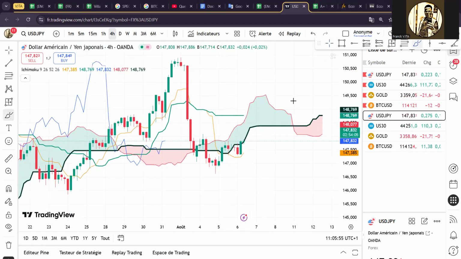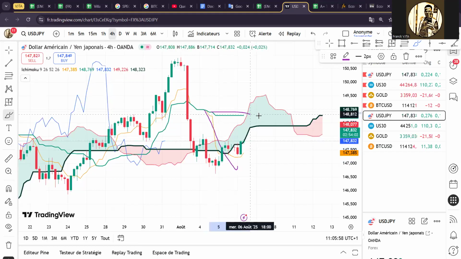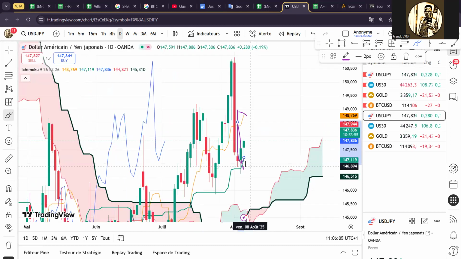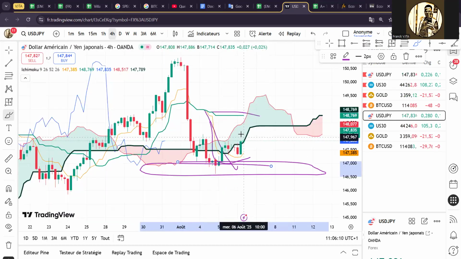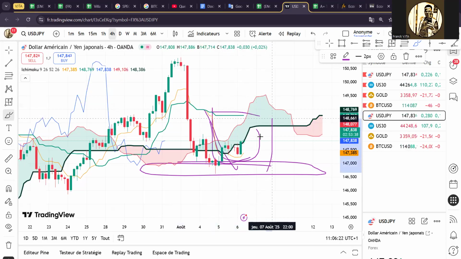Even though TK cross on 4 hour is to the downside, it is already too fat. And it's very logical that it's too fat because on daily, we have a Kijun setup here. So in 4 hour, we must see a fat like this of TK. A fat is a sign of reversal because at daily, we must reverse at a Kijun setup. So that's a little bit what I can say: on 4 hour, we are a little bit confused